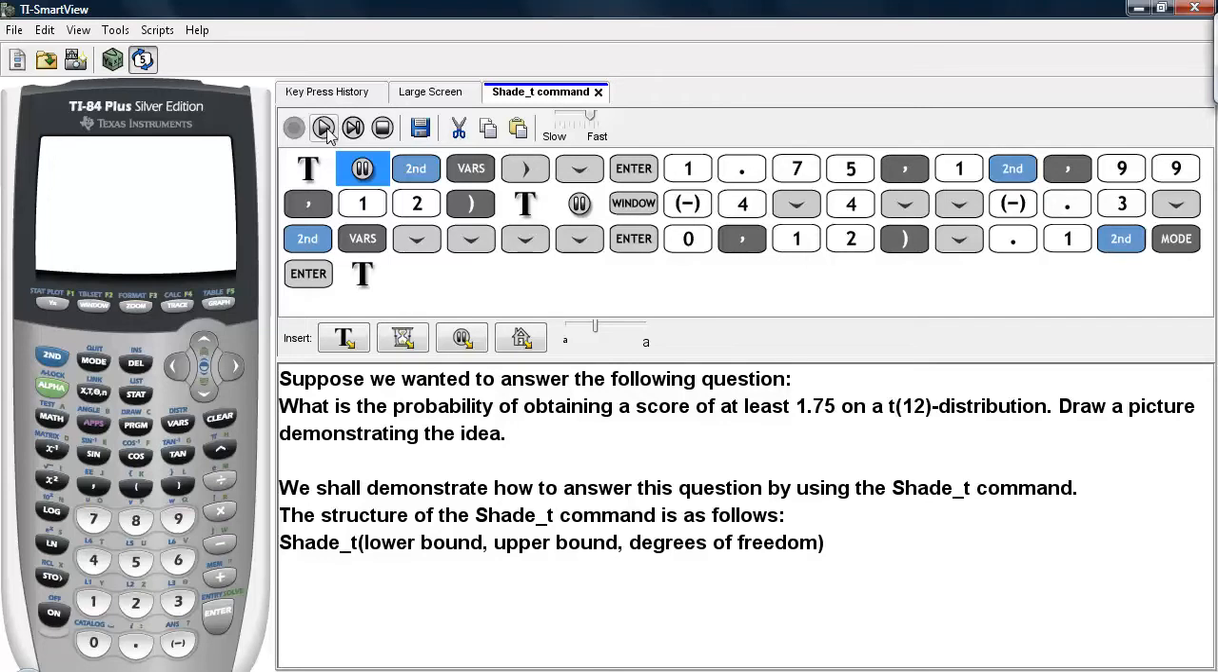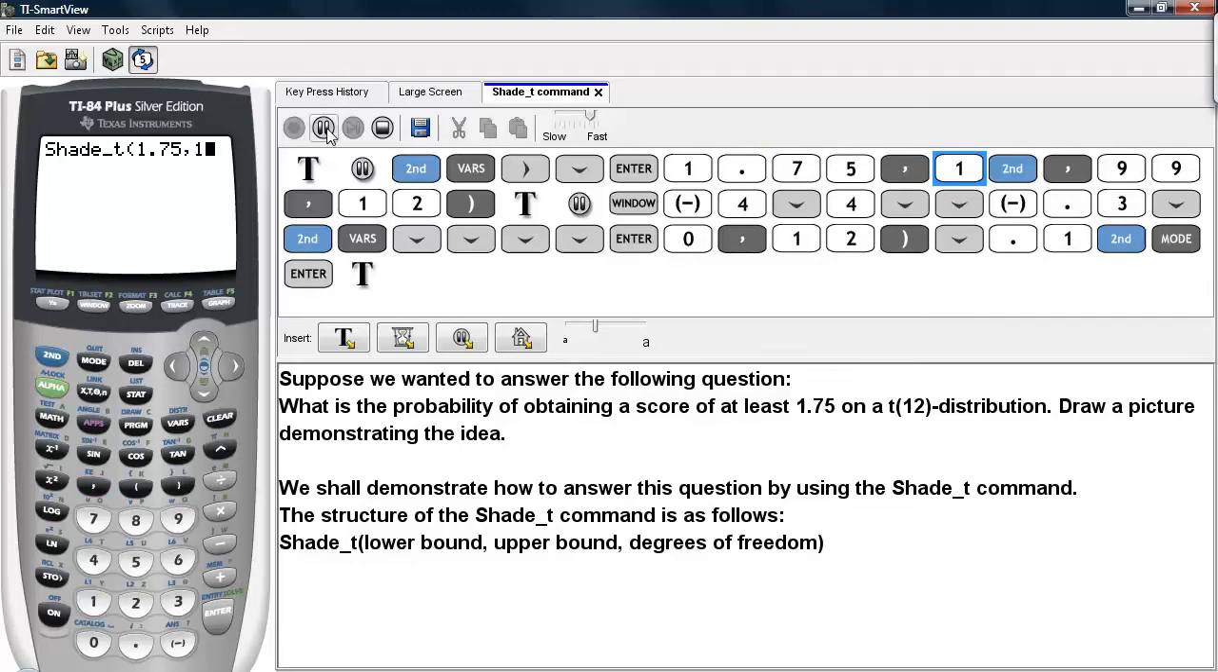The structure of the shade-t command is as follows. You activate shade-t, and you type in the lower bound, where you want to start your shading, the upper bound, where you want to stop shading, and then the degrees of freedom, and these are all separated by commas. To get to the shade-t command, you hit second and vars, highlight draw, and then scroll until you get to shade-t. Then we type in the lower bound, where we start shading, in our example 1.75, and then a comma,